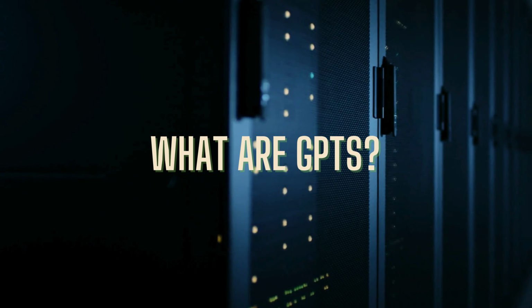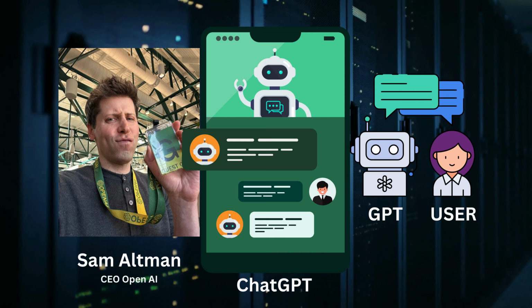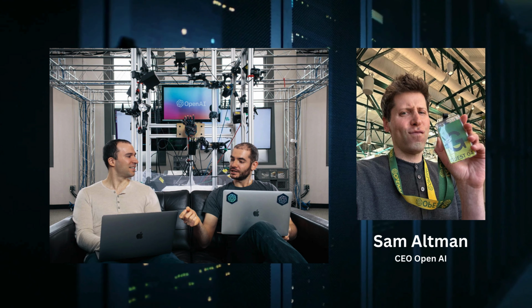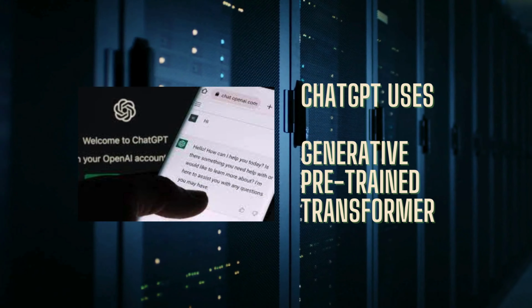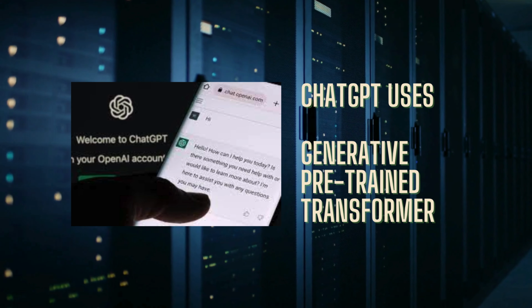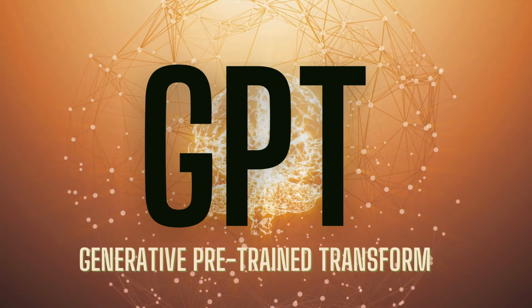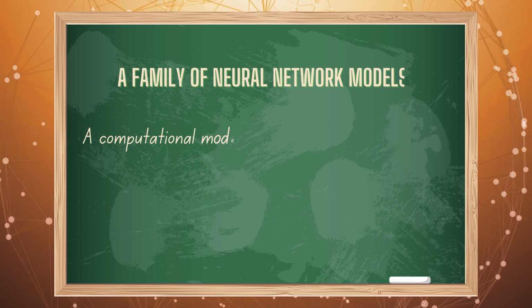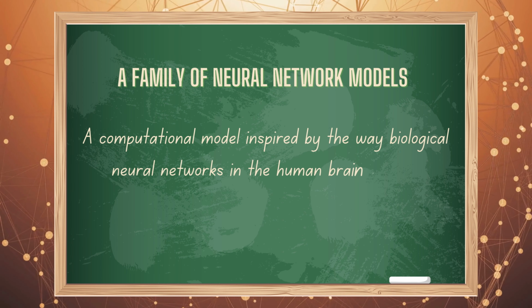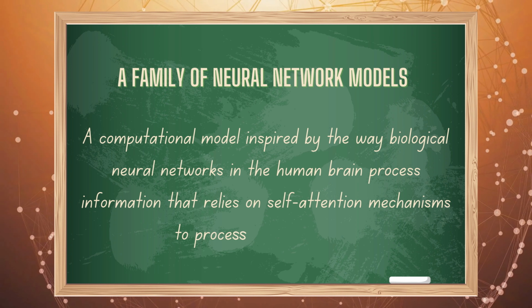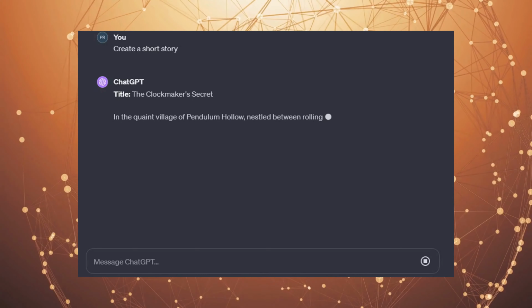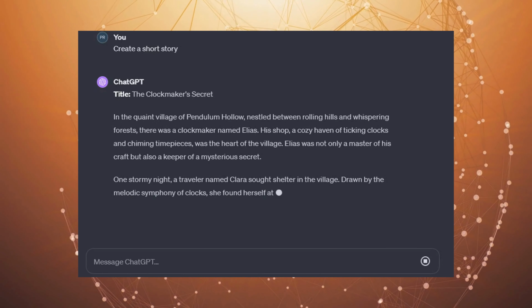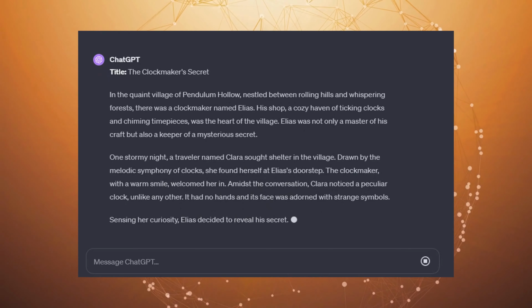First of all, what are GPTs? Everybody talks about OpenAI, ChatGPT, and GPT as if they're the same thing, but they're not. OpenAI is an AI research company. ChatGPT is an AI chatbot that uses GPT. GPT, or Generative Pre-trained Transformer, is a family of neural network models that uses the Transformer architecture. This gives it the ability to create and respond with human-like text and images, content, music, etc., and answer questions